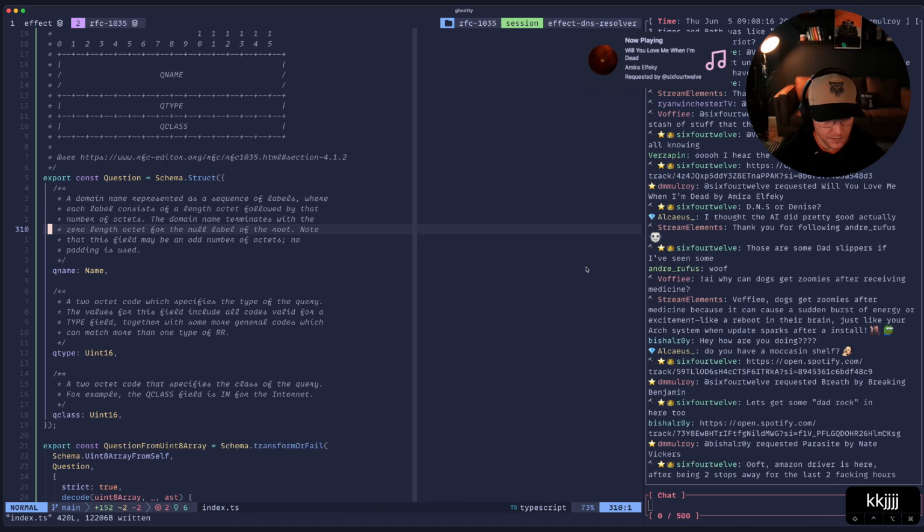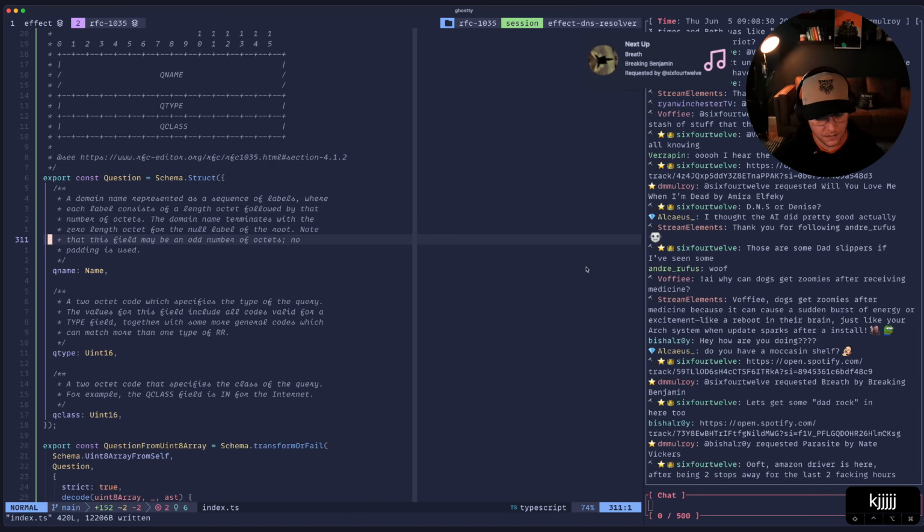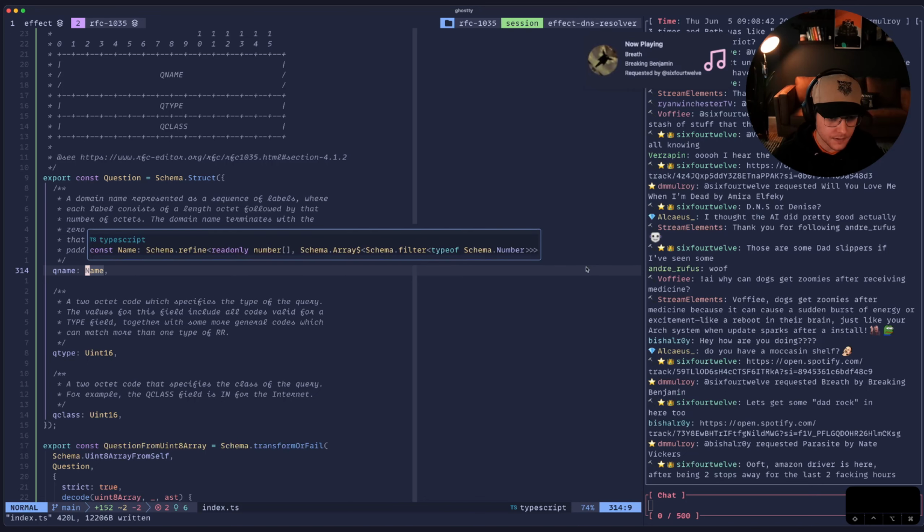The domain name terminates with the 0 length octet for the null label of the root. Note that this field may be an odd number of octets. No padding is used. The name is